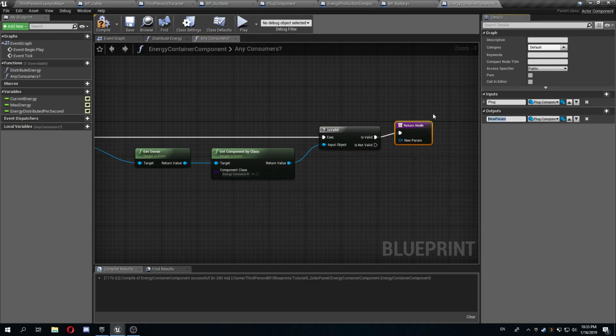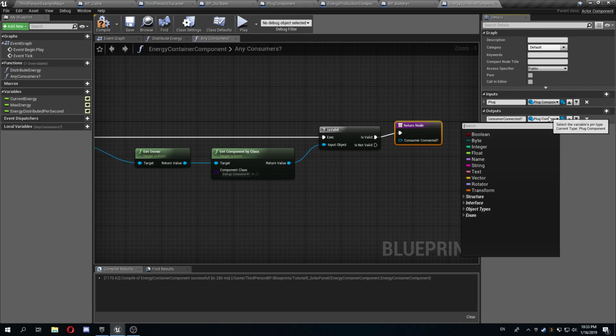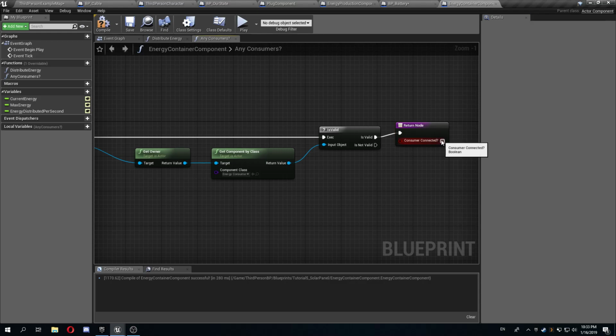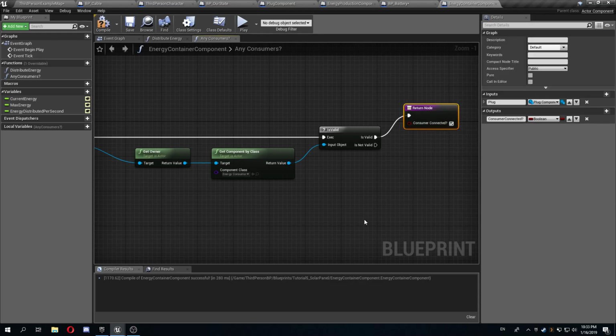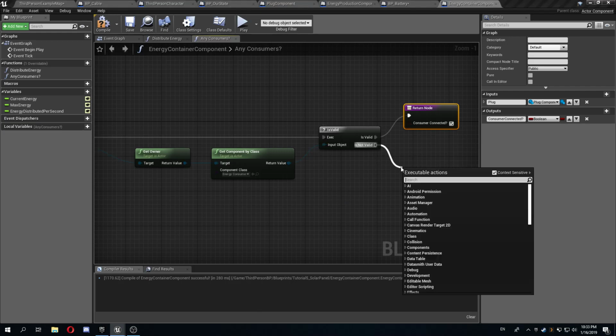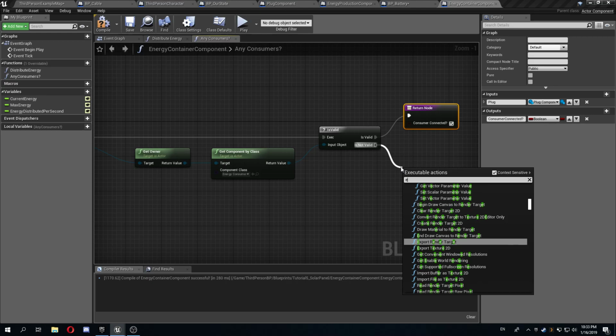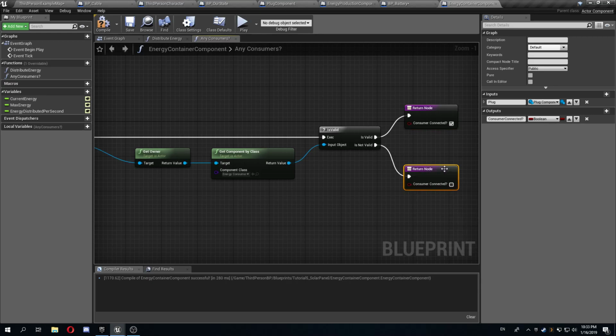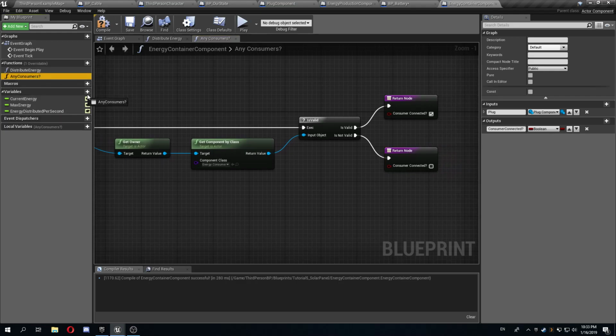I'm gonna add a boolean for the output, like consumer connected, and make it boolean, and we return true if we do have a consumer on the end of the cable, and if not, we are going to return the result of calling the same function again,